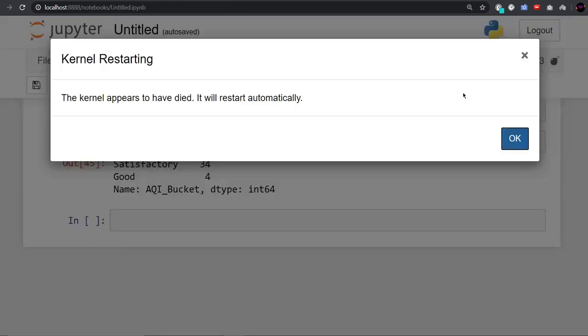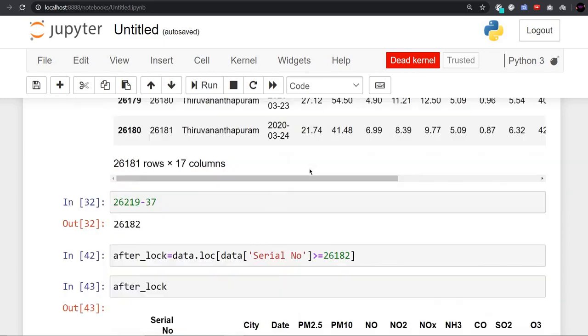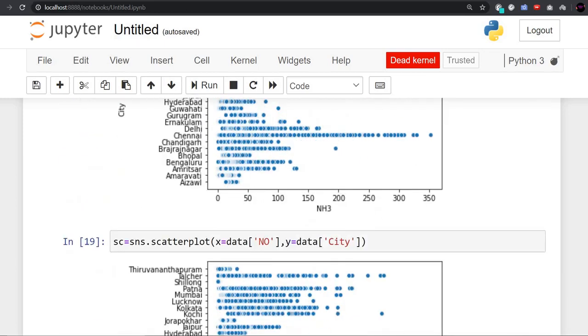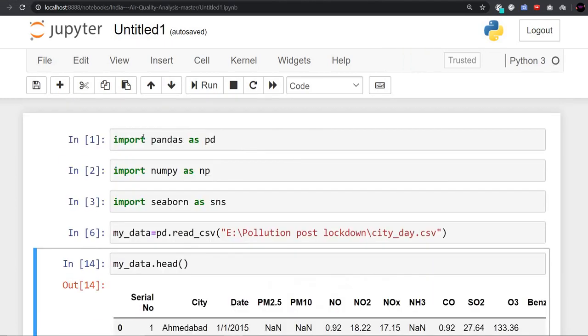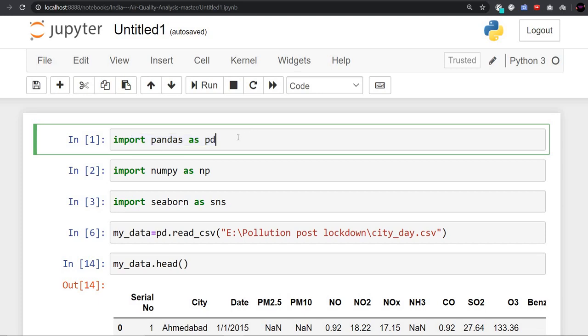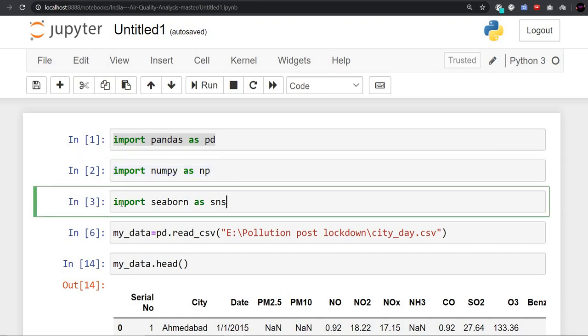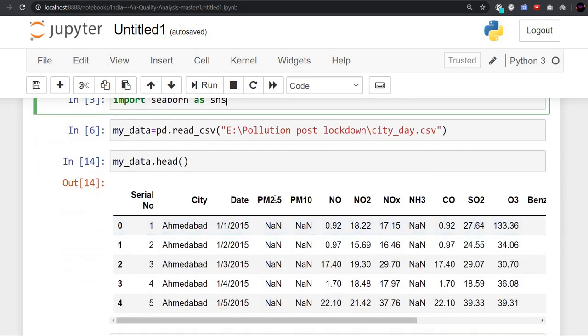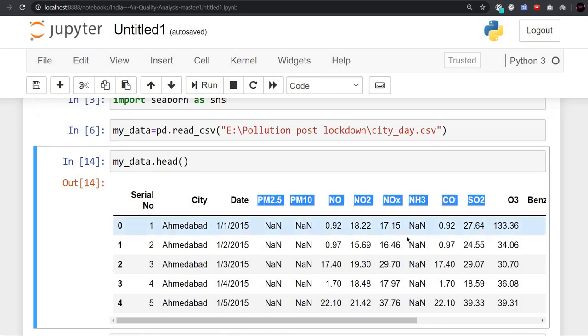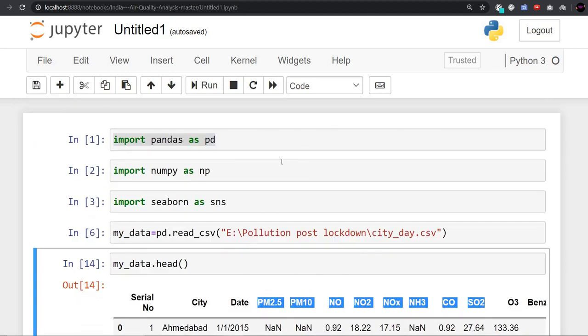Here we have our Python code, and through this code we will deploy our application. We will make a model out of this data. The data has different types of pollutants, and we will use these pollutants to predict the AQI. So this is our task.